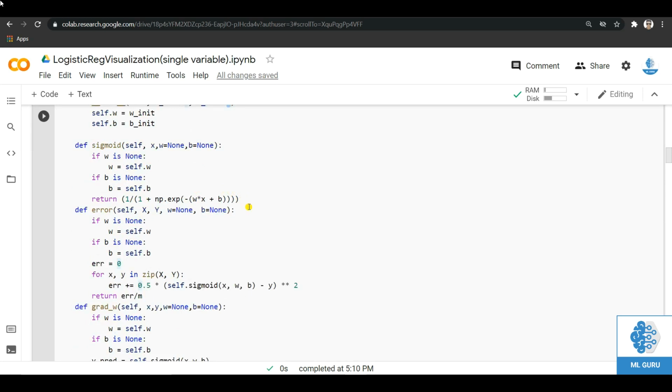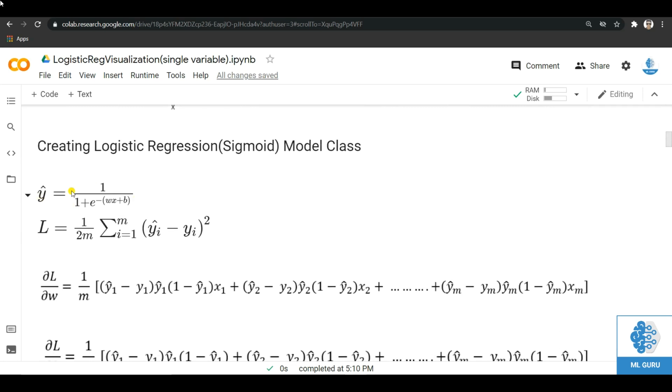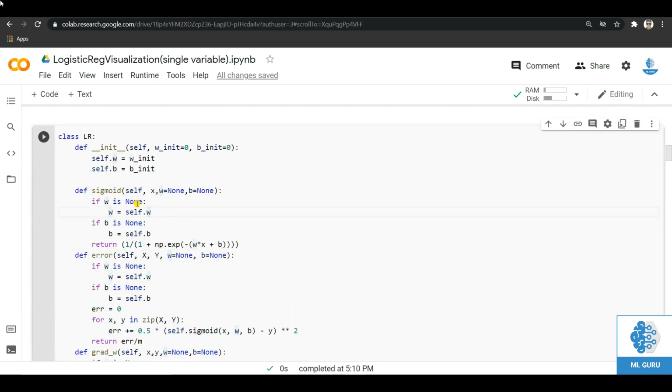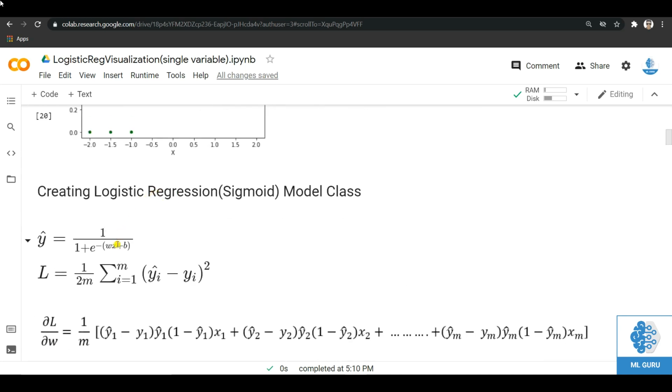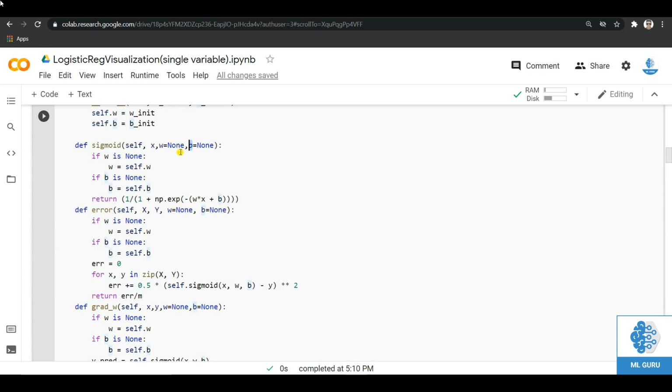Now comes the sigmoid function. This is the prediction function which we will be using. It is nothing but this particular formula. So what we will do is, if the user wants to explicitly provide the values of W and B, because as you know, this prediction depends on the values of W and B, he or she can, but the default values will be None.